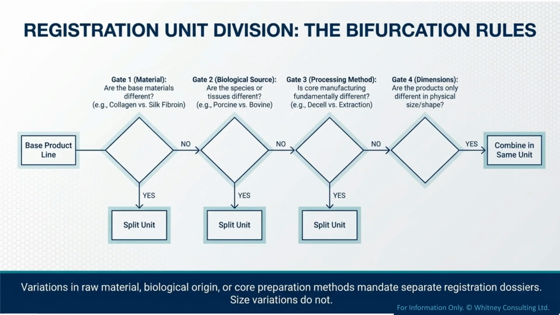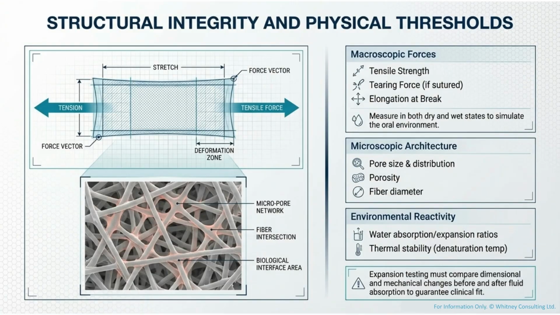Registration Unit Division uses bifurcation rules based on 4 gates: material, biological source, processing method, and dimensions. Variations in raw material, biological origin, or core preparation methods mandate separate registration dossiers. Size variations do not. Structural integrity and physical thresholds are evaluated through macroscopic forces like tensile strength and microscopic architecture